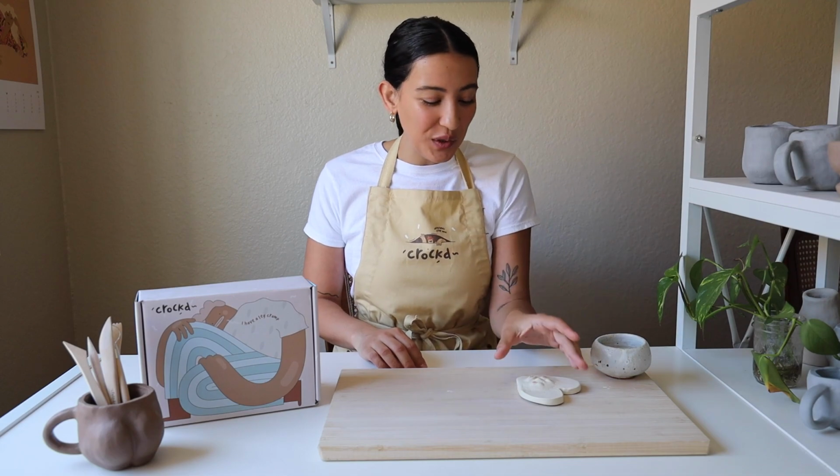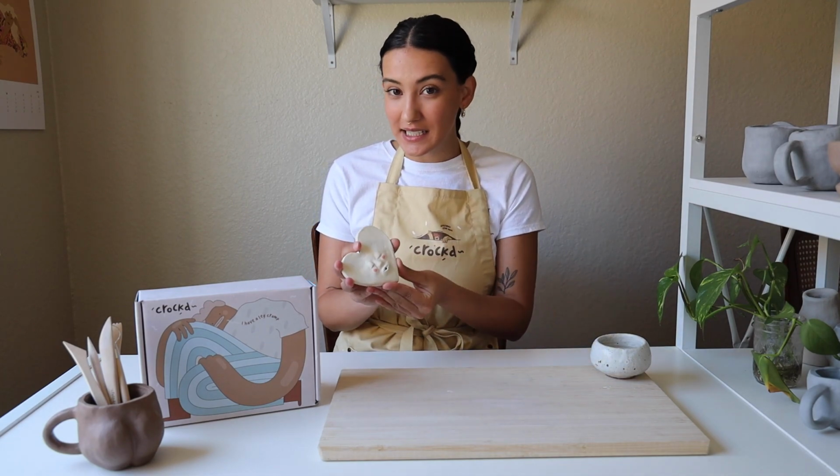Today I am going to show you how to make a clay face incense burner like this in just 4